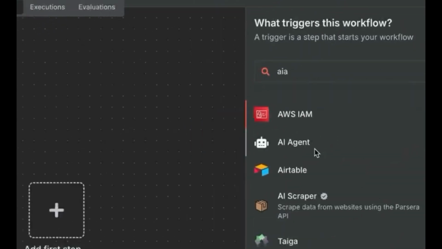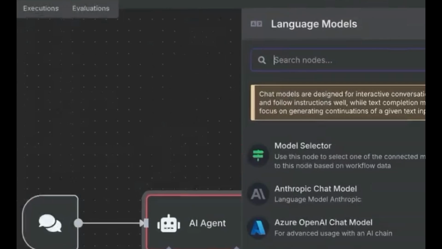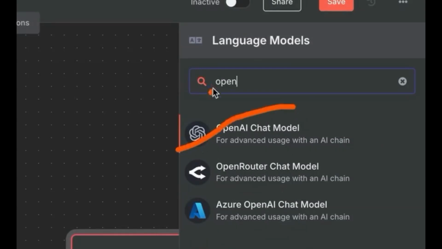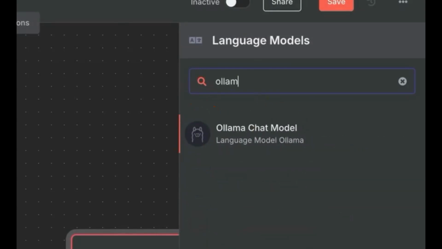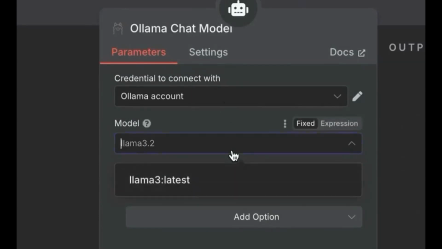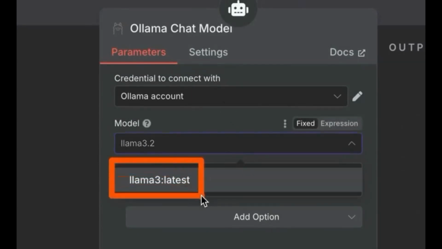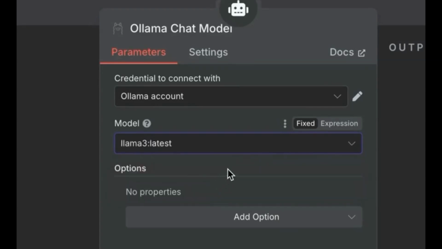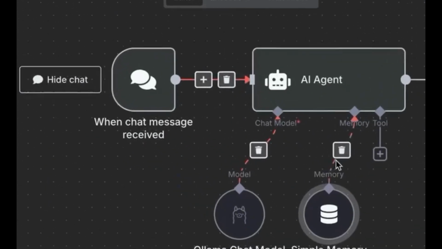Then let's create an AI agent to chat with our Ollama chat model. So just type in AI agent, and for chat model, we are going to use Ollama chat model instead of paying for OpenAI API calls. Just make sure that your Ollama connection is successful and you can select any model that you have installed inside your terminal. In this example, we have installed Llama 3.2, and now